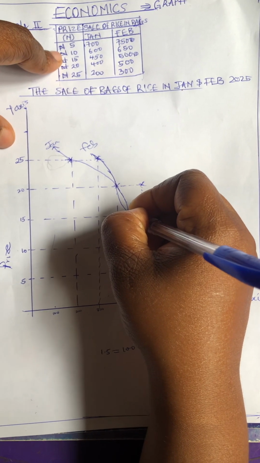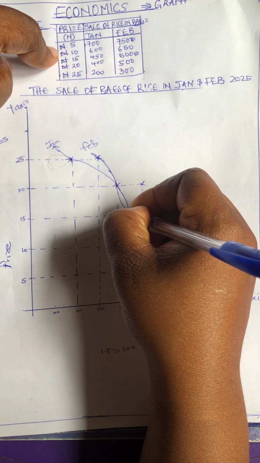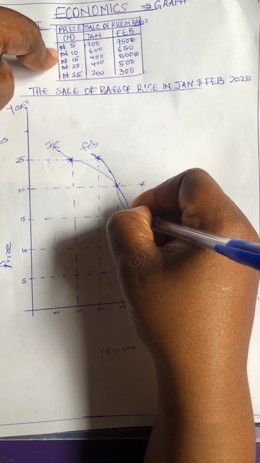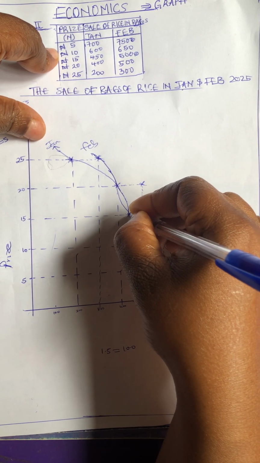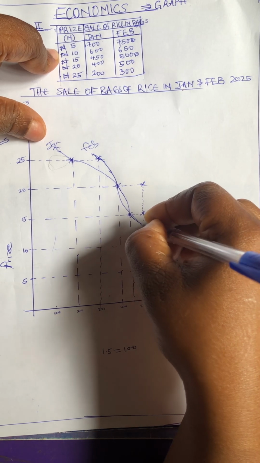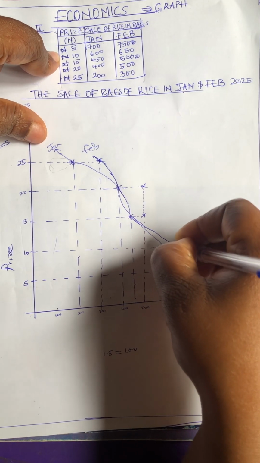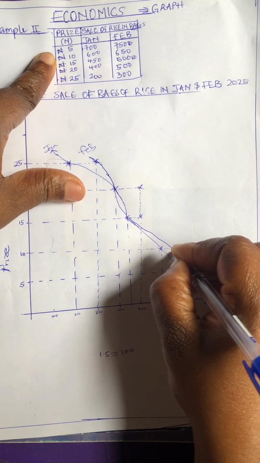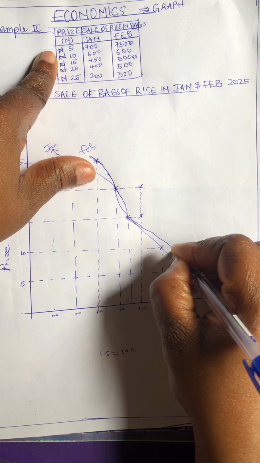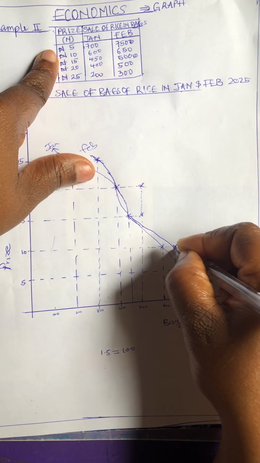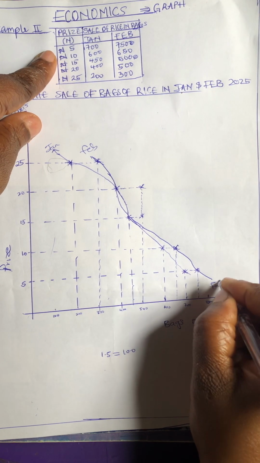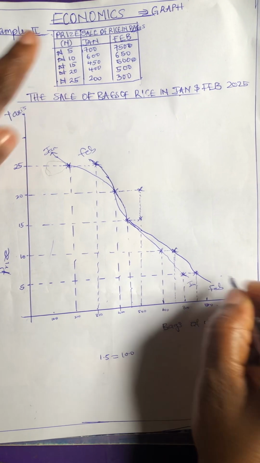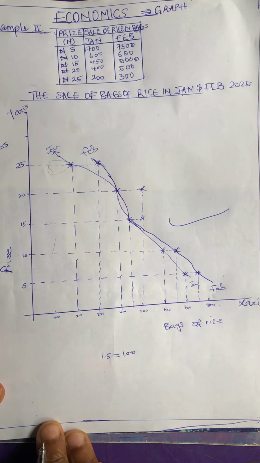Connect. Then 10 naira, 650. Where is our 650? Right about here. I hope this is slow enough. Then we also have our 750 right about here. So this is February, while this is January. That's a simple way to construct a